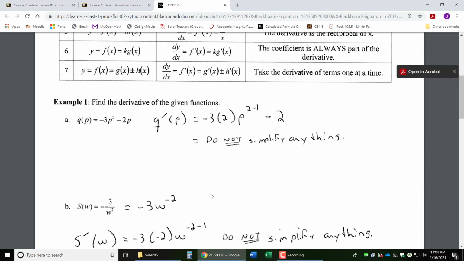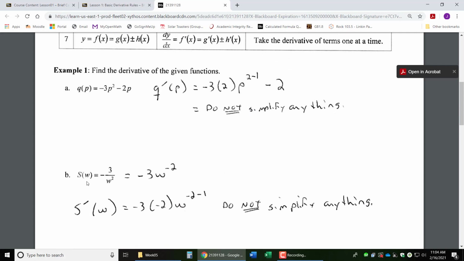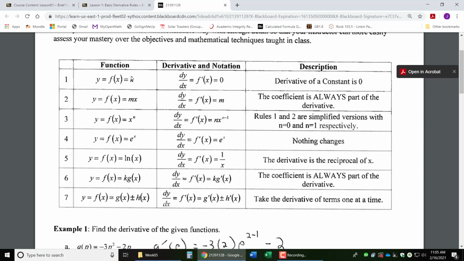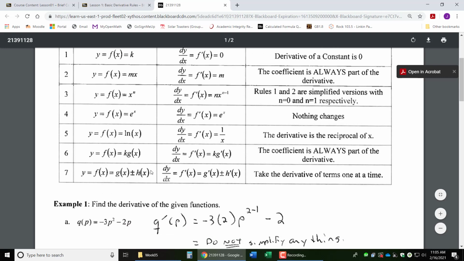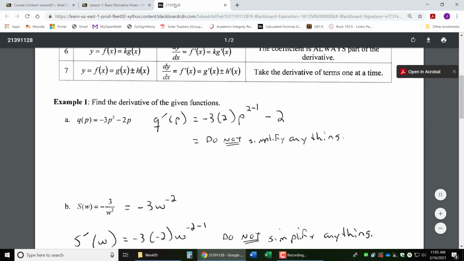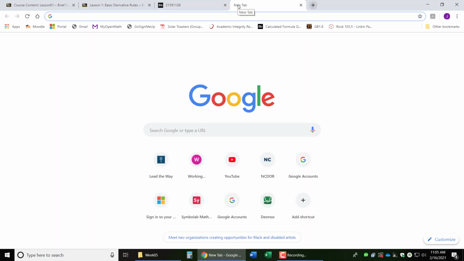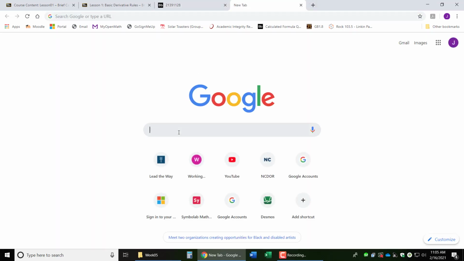All right, let's take a look at this next one. And this was what I was talking about. There is not a rule for a variable in the denominator. None of these rules apply. In the function on the left here, nothing has a variable in a denominator. So in order to use rule 3, we have to understand some of the exponent laws. And I encourage you on your own to just go to Google